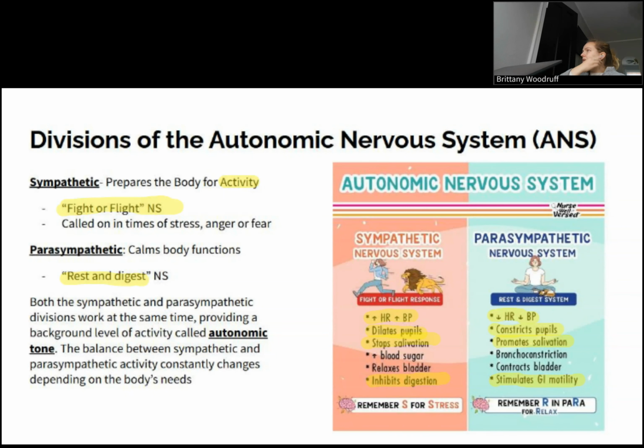Now, one system is never occurring independently of the other one. Okay. It's always a balance between the two. So this balance between the two is called autonomic tone. It is going to constantly change depending on the body's needs. So for example, I just talked about chilling out on the couch, watching a movie. Okay. If that movie has a jump scare moment, right, your sympathetic nervous system is going to kick up a notch. Okay. You're going to get a little scared. Okay. But your parasympathetic nervous system is still there, still working. So